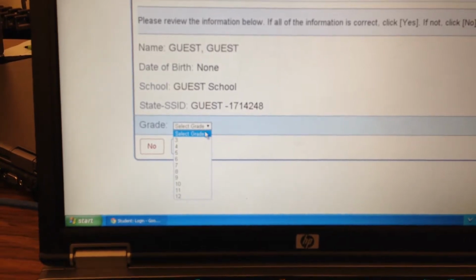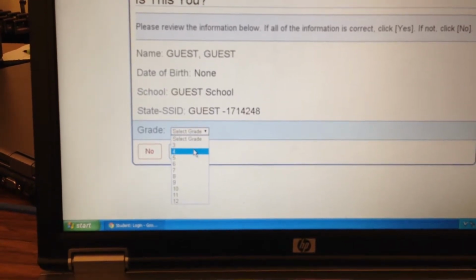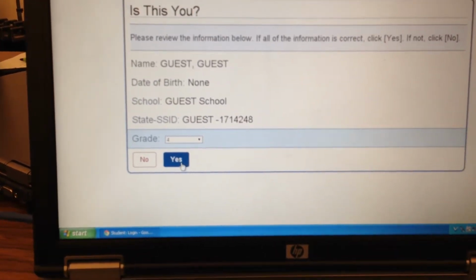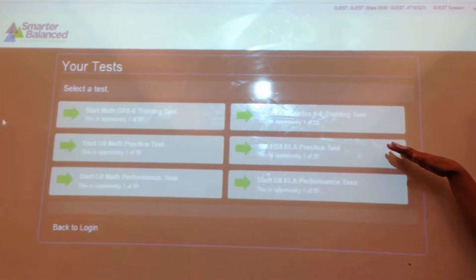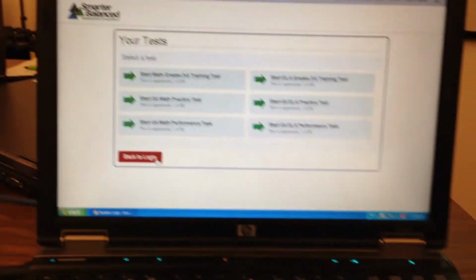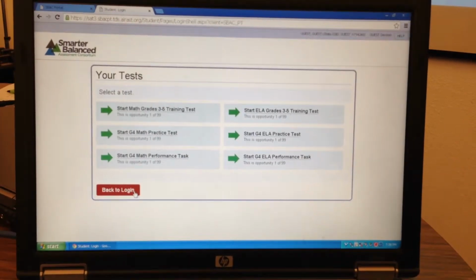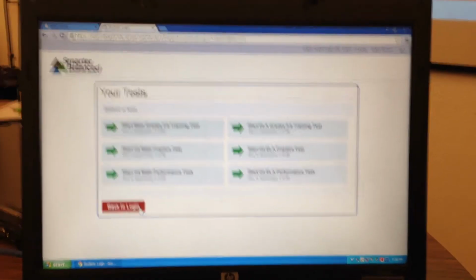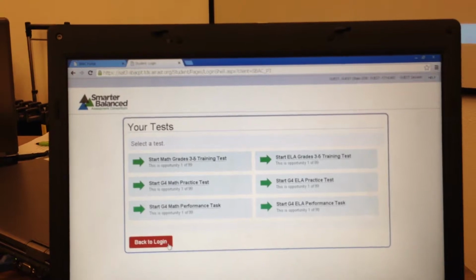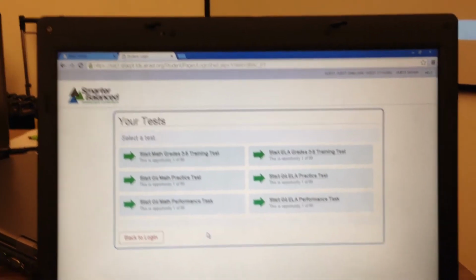And then click yes. And then here you're given multiple options. The top option is a training test, which basically gives you the range of questions for grades 6 through 8. In the middle, you have the actual practice test for that grade level in math and in language arts. And then right underneath that, you have the performance task, which is going to be a little different from the